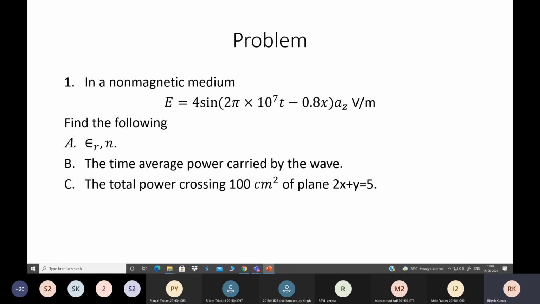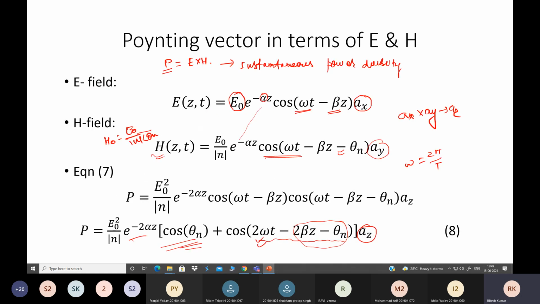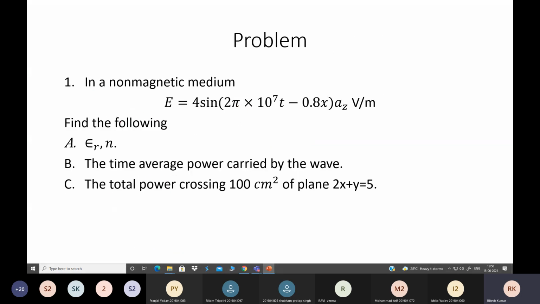Now we have already discussed all the theory associated with the Poynting vector. You also go through the book, and otherwise try yourself whatever intermediate terms we have skipped. Suppose we are asked to find the average power. Based on this formula we can integrate from 0 to T, and here we write P and dt. So use this formula and find the average. Are you getting this or not? Verify by yourself.